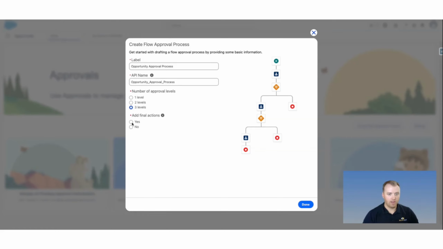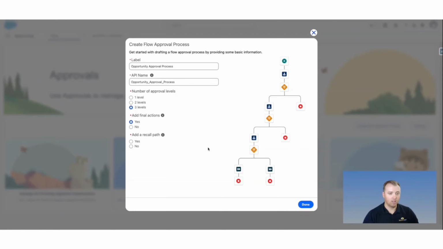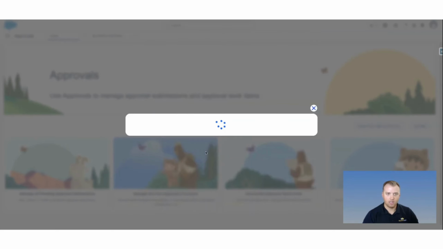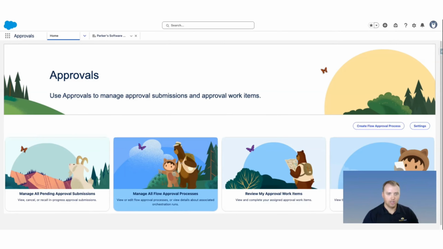I also want to choose some final actions. In this case, I want to make sure that specific elements on my opportunity are updated once this approval flow fully completes. I can also add a recall path, where if someone recalls a specific approval submission, it will perform necessary updates. Once I've set this up, I can click Done, and it will then generate